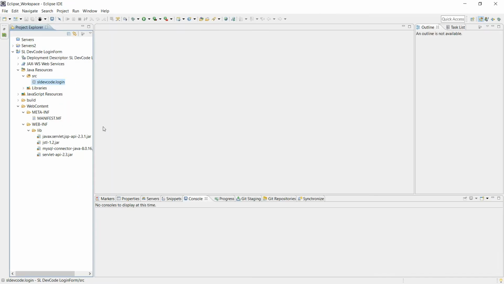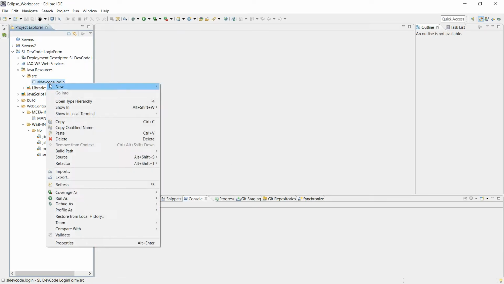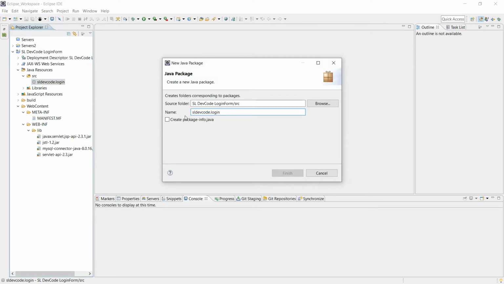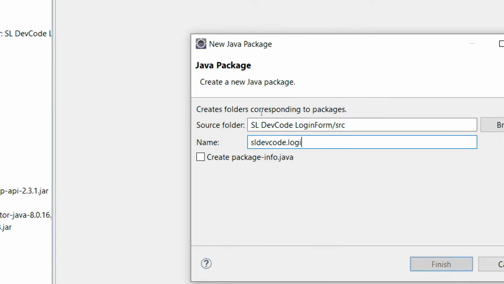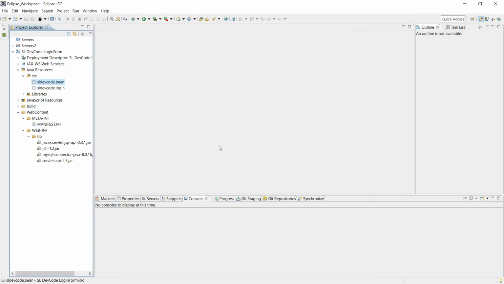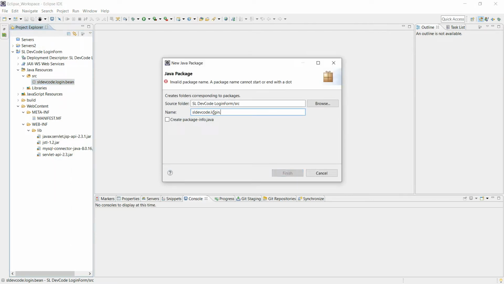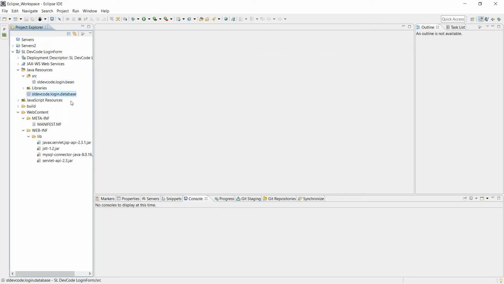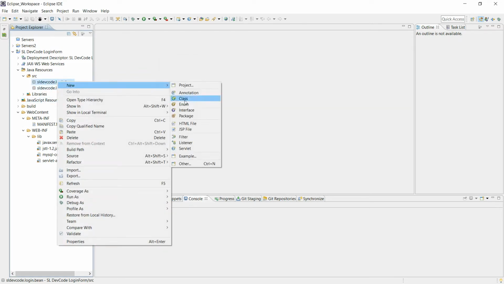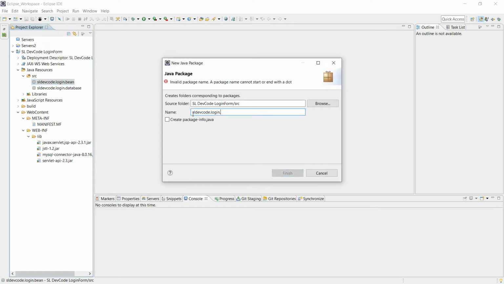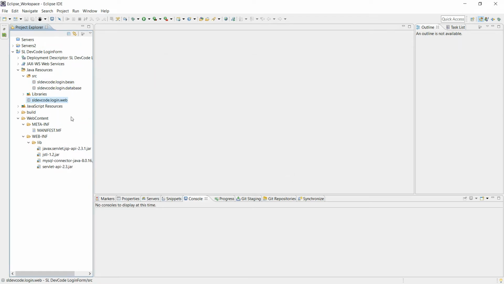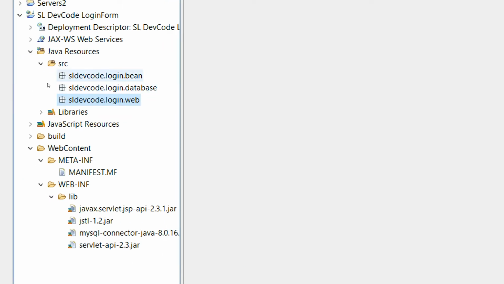Those are the beans package, database package and webs package. Now I created 3 packages.